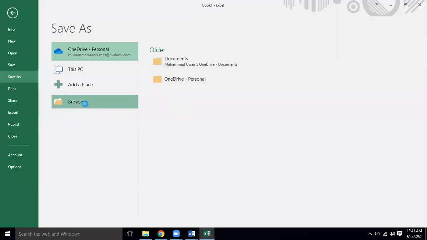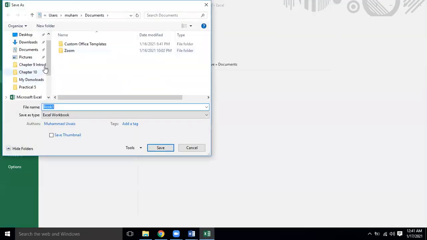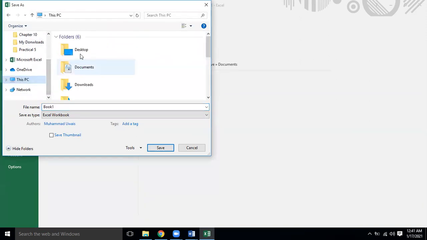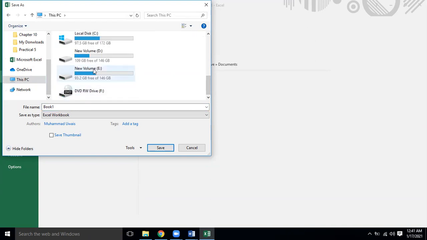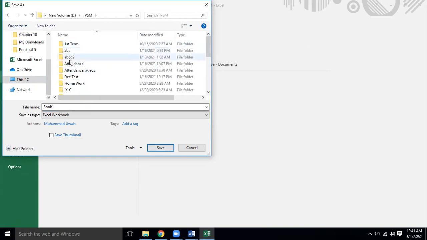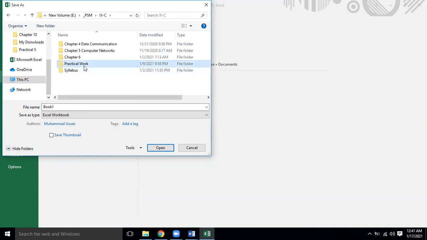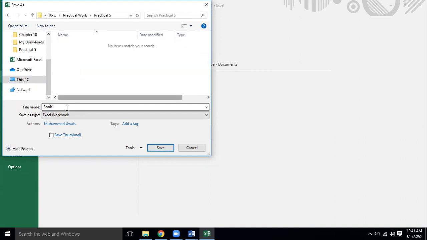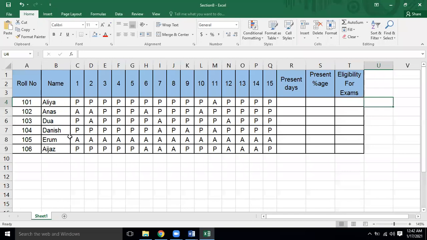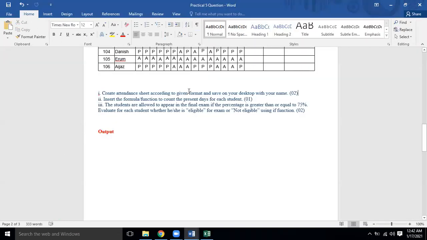Of course, you will save in your folder. Right now I'm going to save it in my practical work folder, where I have saved practical number 5. This is section B of practical number 5. Okay, then this task is done.